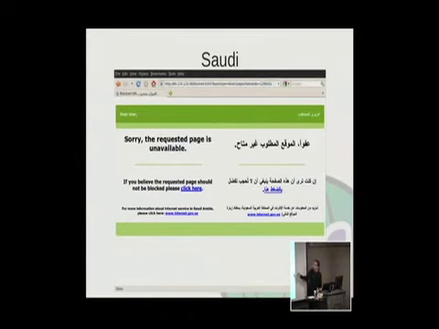So here's Saudi, and you can actually see up here the URL, and the URL that's up at the top, you can actually tell that that is a US-made filter. I think this is Smart Filter. I'm not totally certain, but you can actually tell by the URL because there's a sniffer and an injector, and it injects a redirect to a particular website, and it's a race condition, and since it's closer, it always redirects you.